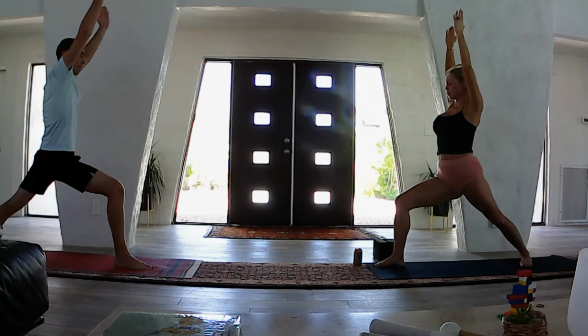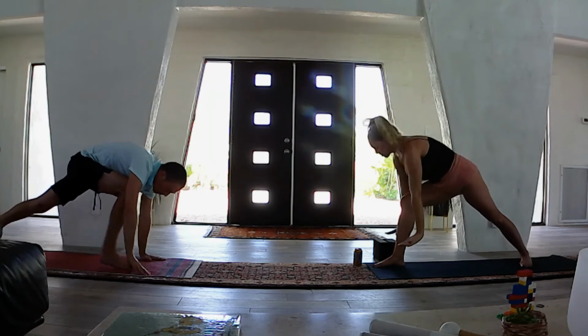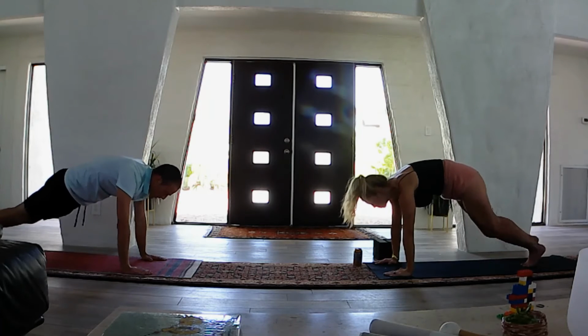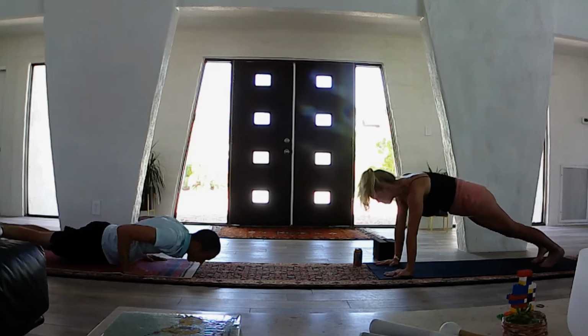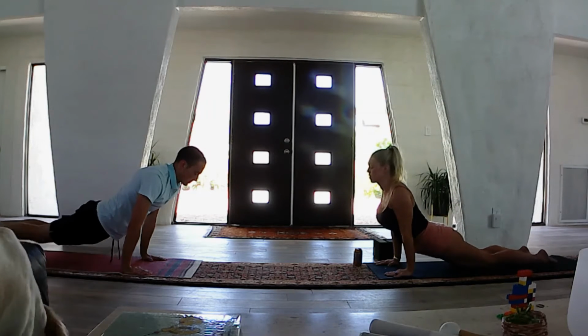Yeah, push through the blade edge of your back foot. We want that foot to be flat. Yeah, and so then we exhale, frame the feet with the hands, step back to plank,